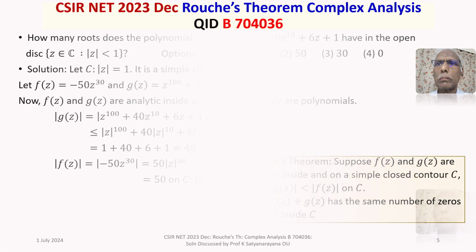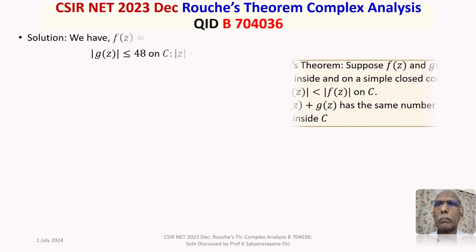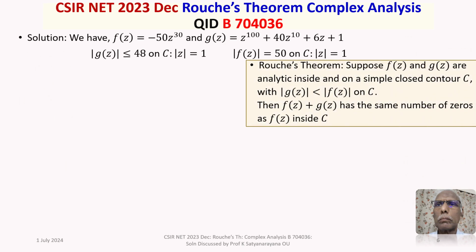So we now continue our discussion in the next slide. This is what we have done so far. Mod g(z) we know, mod f(z) we know. So on C, that is the unit circle, mod g(z) is less than or equal to 48, which is strictly less than 50, which is equal to mod of f(z). So this condition, mod g(z) is less than mod f(z) on C,